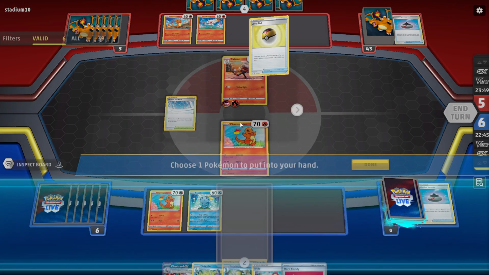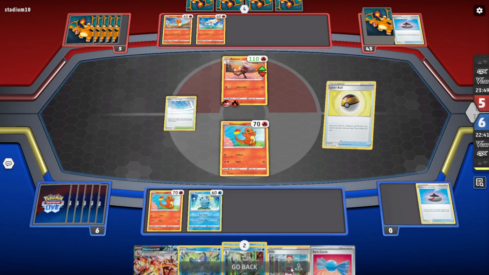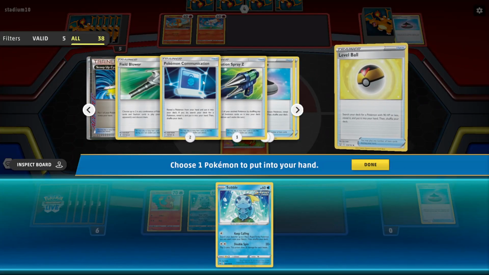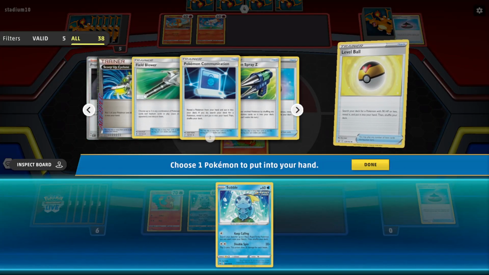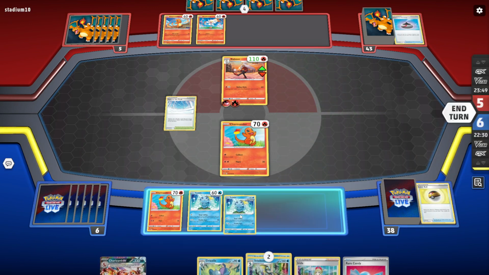I'll Level Ball for a Sobble, and I said this earlier, going to grab the Stadium. We don't even need the Stadium, though. The Stadium could be useful later. I'll just grab Field Blower, I think is fine. I don't expect any really scary tools for us. If they start tool looping us, that will be bad. I think you can loop